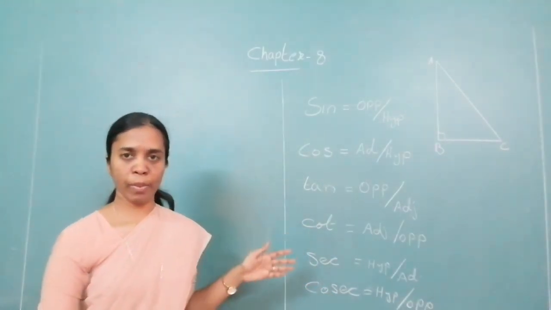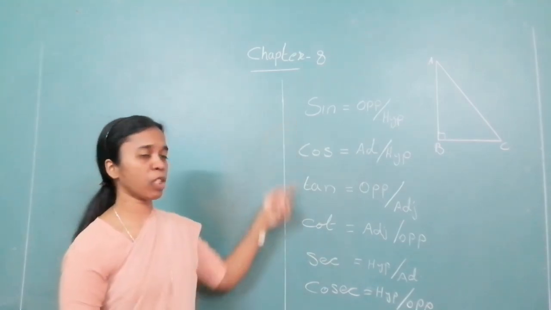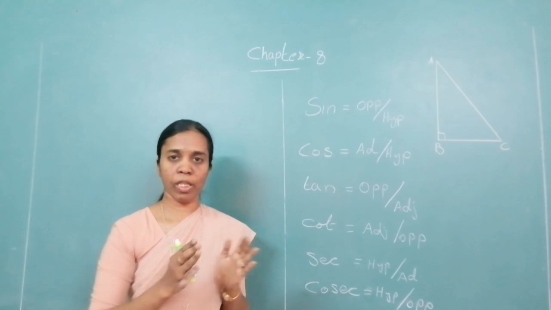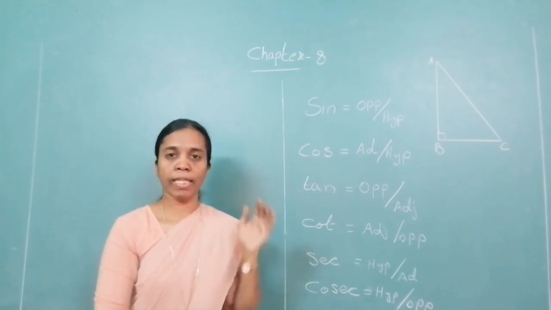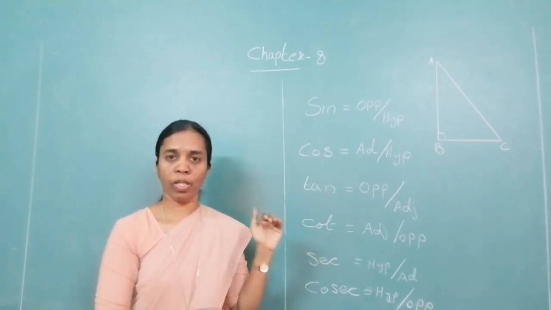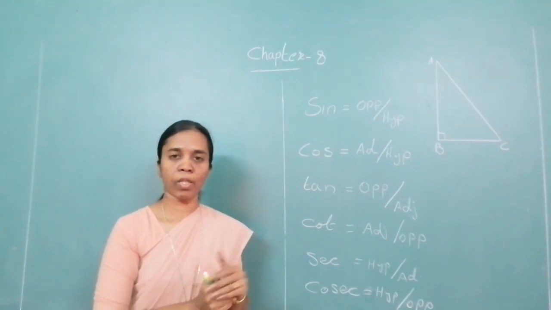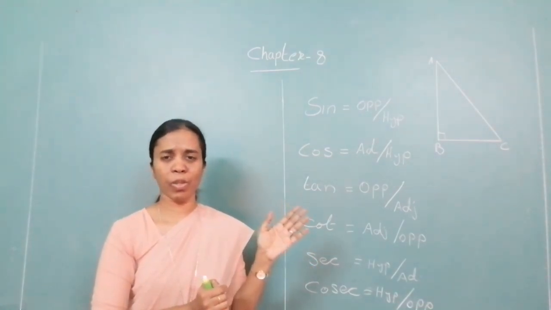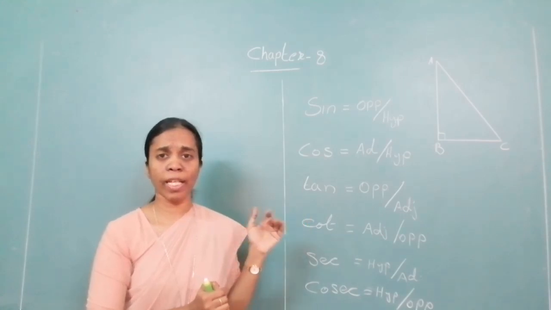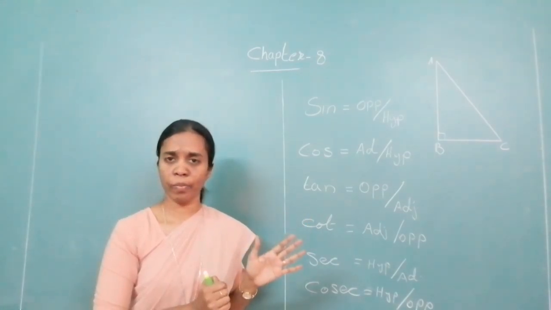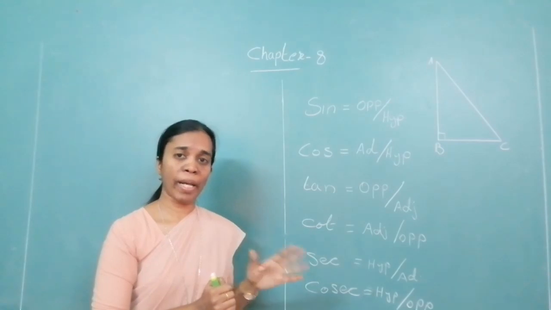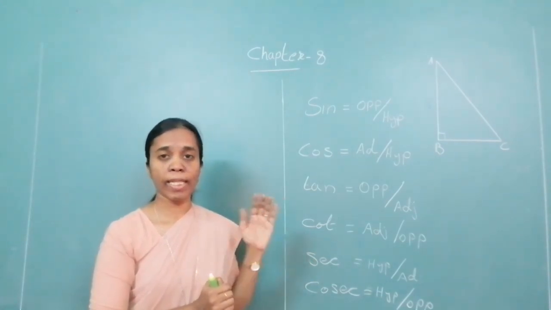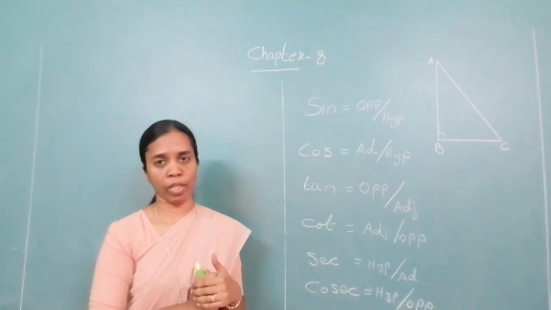Okay, very simple, very easy. Please learn this order as it is. Don't change the order. You first just go on revising this: sine, cos, tan, cot, sec, cosec. It won't take even one second. Okay, just say sine, cos, tan, cot, sec, cosec. Learn this order by heart. Order is very important.